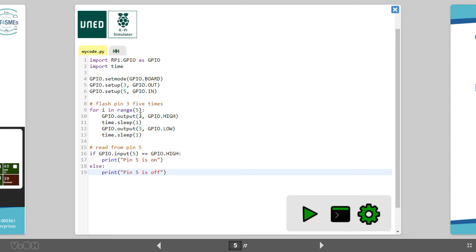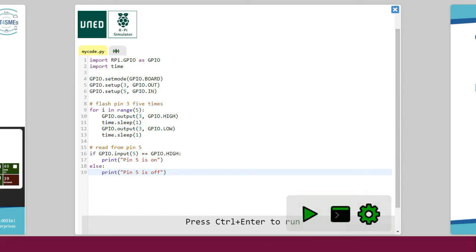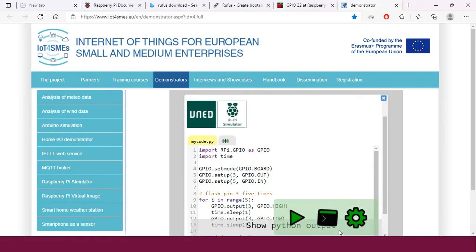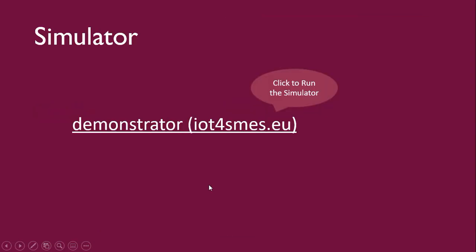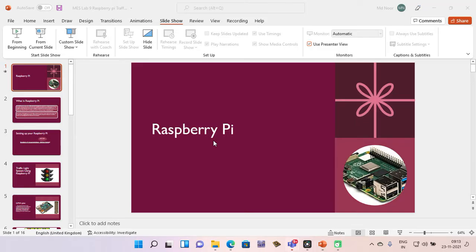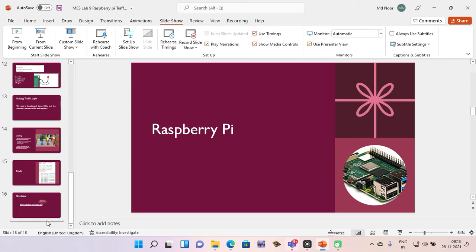So keep the yellow light steady for 3 seconds, then blink it five times, then turn it off and turn on the green light. Let me write it down for you.